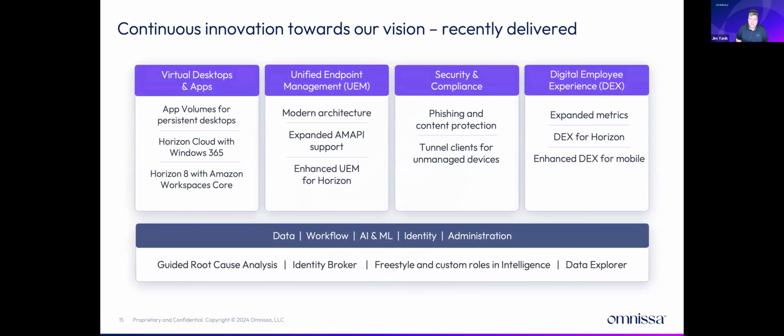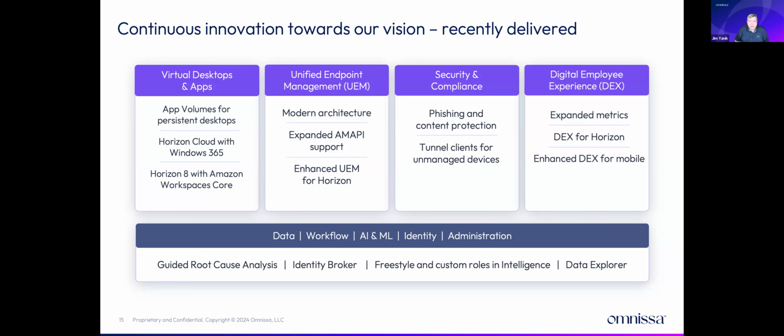So I want to talk about some things that we've delivered recently. We're going to talk about some roadmap things here today, but also want to talk about some things that have shipped in the last, say, 6 months or so. So across our solution stack, we've shipped innovative new things. For example, on the virtual desktop and app side, we've expanded the use of App Volumes from just non-persistent desktops to persistent desktops. We're also going to be able to do that with physical desktops coming pretty quick, so that you can have one app that you can deploy across all your environments, whether they're virtual or physical.